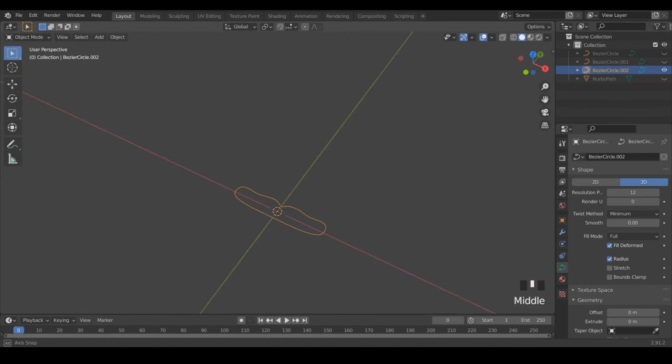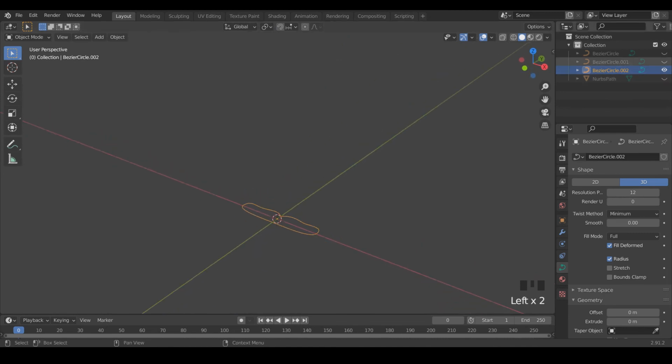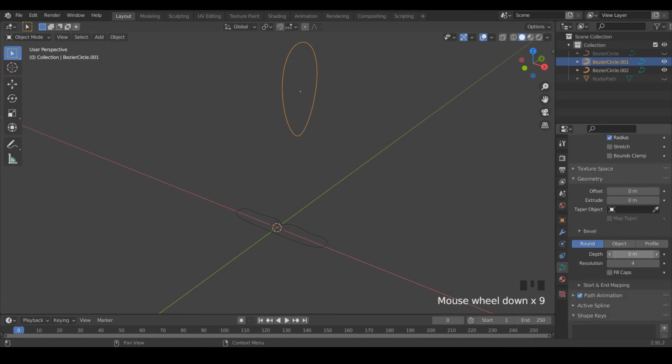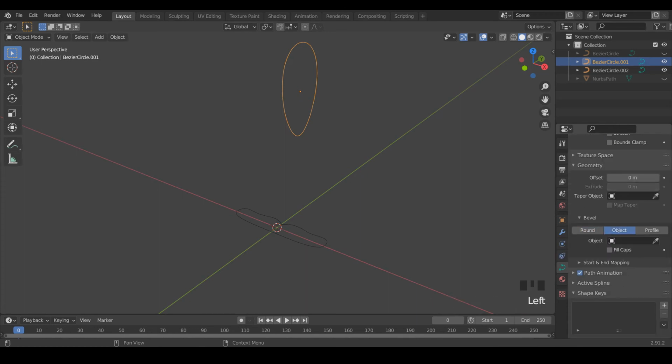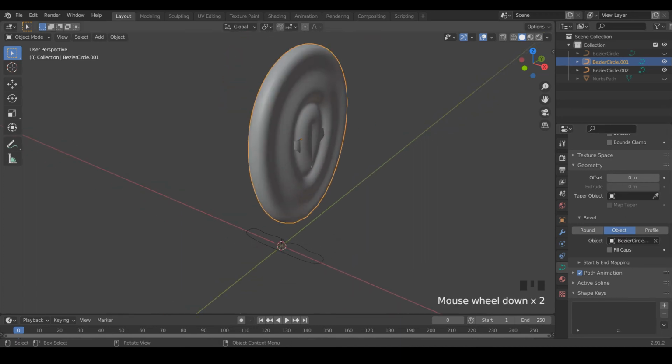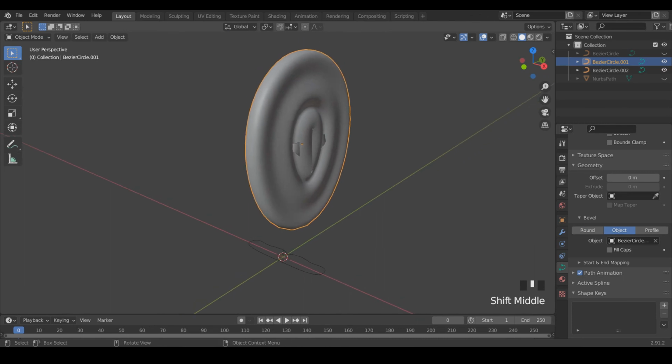Now going back into object mode, I'm going to unhide our loop that we created. Going to select it, and then going down to our bevel options, I'm going to hit object. Then I'm going to select this one. You can see it's in the wrong orientation just like it was before.